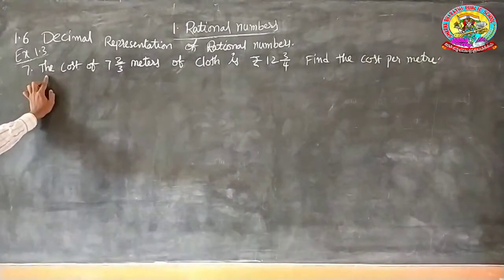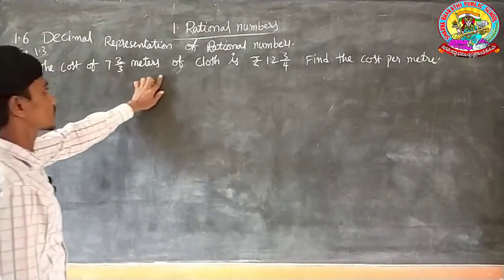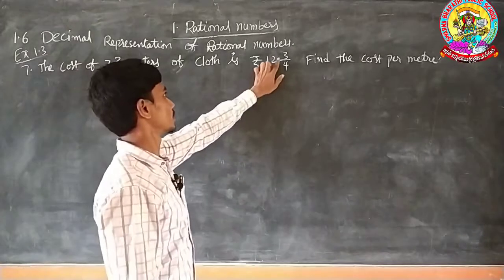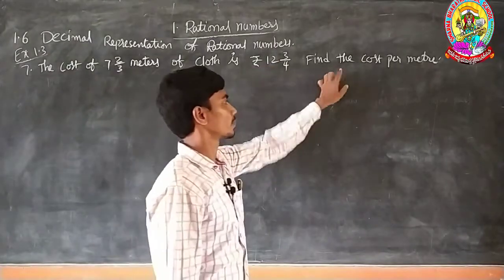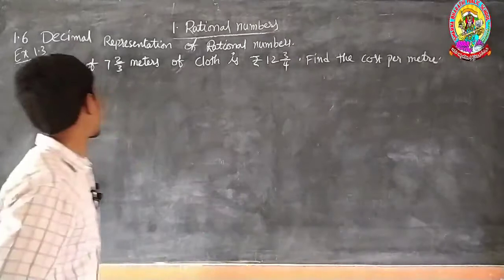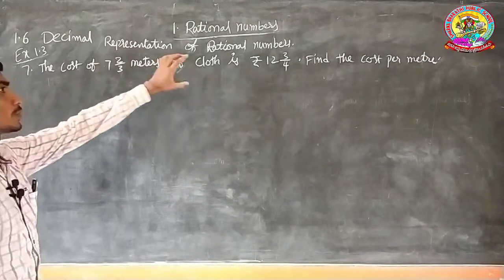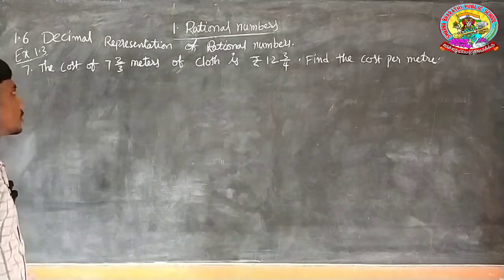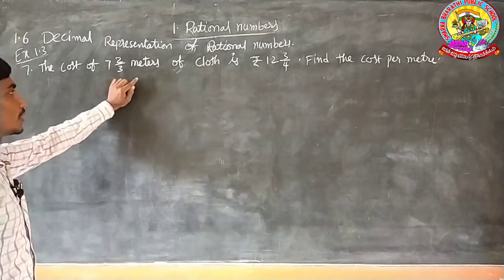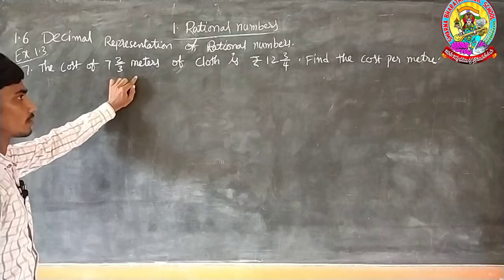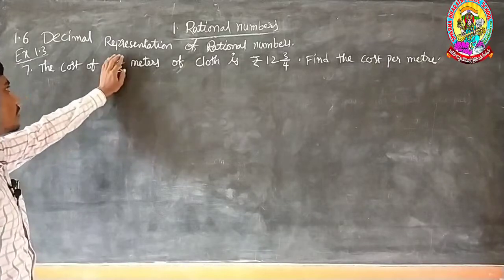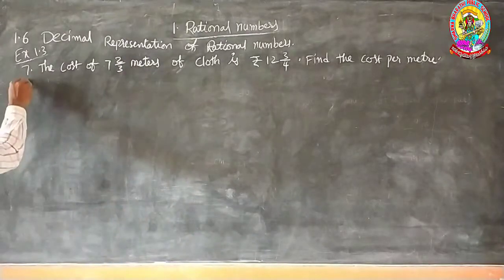So the next question is, the cost of 7 2/3 meters of cloth is 12 3/4 rupees. Find the cost per meter. Here the group of units is given and the group of money is given. To find each unit's money by the unitary method, we simply divide. For example, the solution is